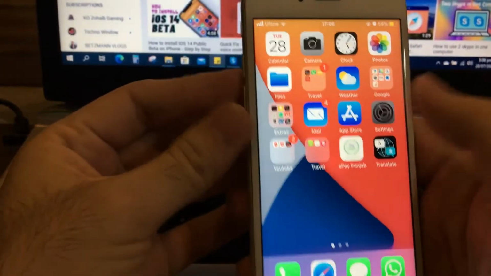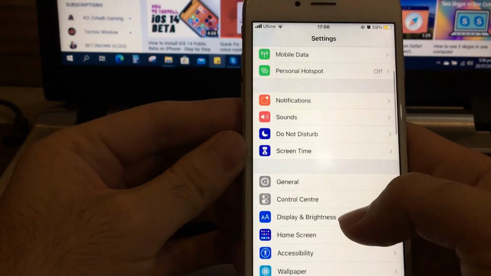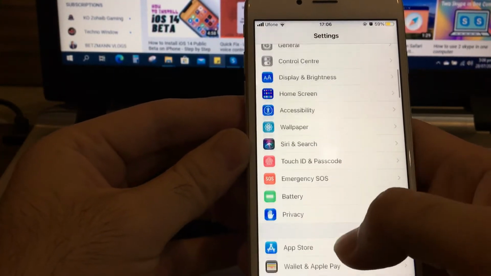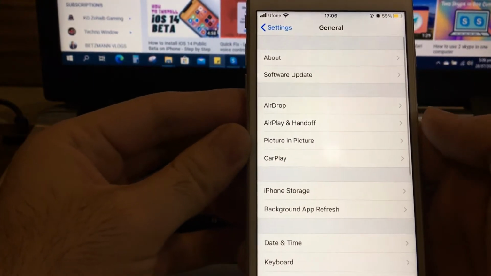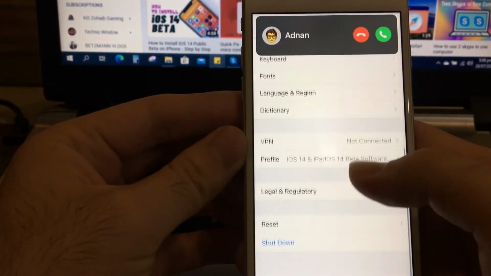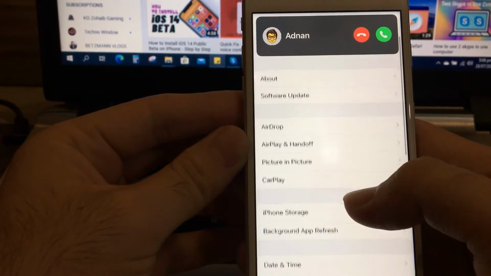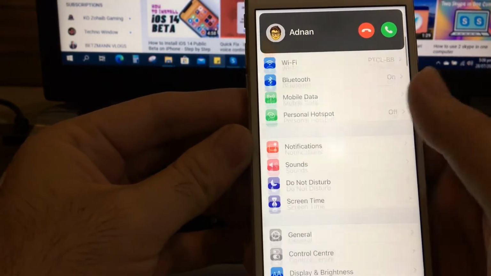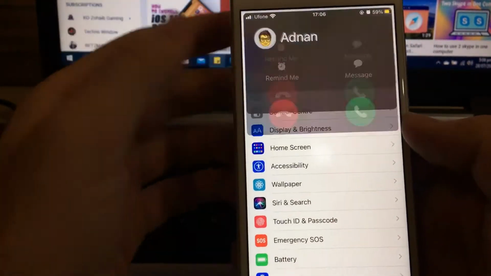First one is the compact call feature. Android has had this option for years now, but thank God Apple has also introduced this feature. Now when you are busy in something, all the incoming calls will appear in a banner at the top rather than covering your whole screen. You can ignore the call and continue your work, or you can tap the call to view in full screen as well.